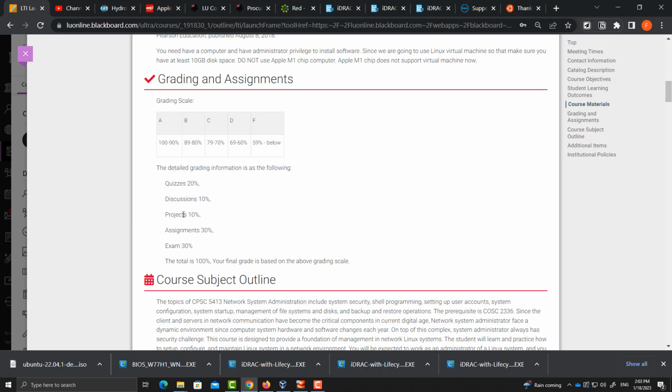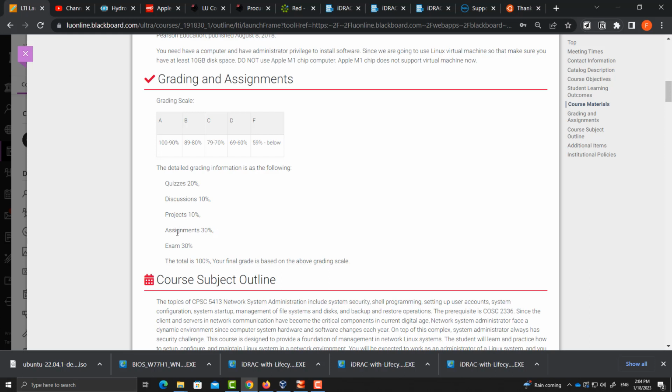The third part is a project. There is only one project for the whole semester, and you are going to select a topic. I'm going to give you a list of topics during the second week, and then you go through that list of topics, select your one, and post to reserve your topic. Other students look at the discussion board and see, okay, this topic is already reserved by someone else, so you have to select your own. If no one selected it, you select the one for yourself. Since we only have 14 students, you have enough topics to select.